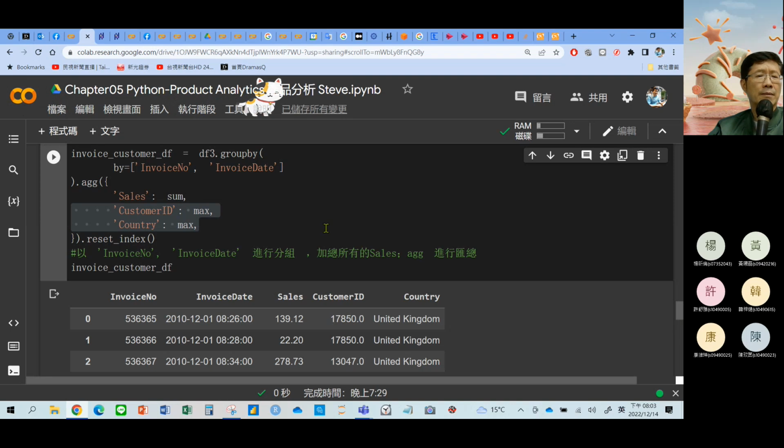It doesn't matter you use the maximum or minimum. 你用最大值、最小值都是可以取出来一样的值。For the country, it's all the same. 只有这个不一样，我们只要去算这个。